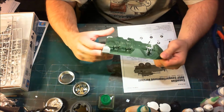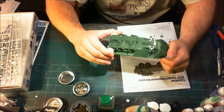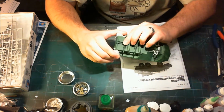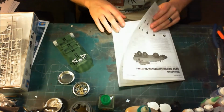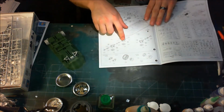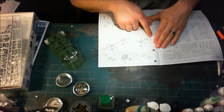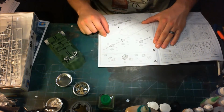So anyways, all the suspensions on there, it fit pretty good. I kind of built the differentials a little screwed up. You wouldn't notice unless I told somebody, but in the instructions they have them laid out like this, right? So I built them laid out like this,